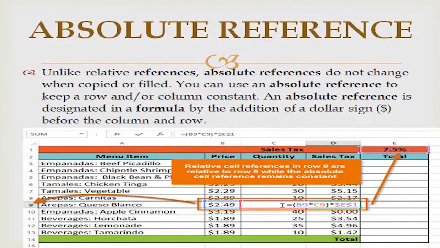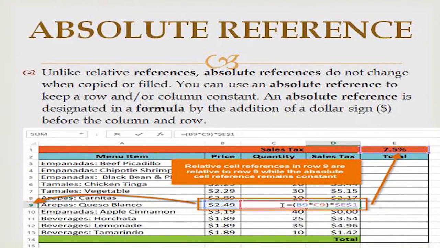An absolute reference is designated in a formula by the addition of a dollar symbol before the column and row. You can see the example here. For example, we are taking the price $2.49, and next one is quantity might be 1 or 2, 10, and sales tax is that much. Now we need to add the sales tax. How are we getting the sales tax amount? We are adding 7.5. That constant cell is there, 7.5 percentage. So equal to B9, B9 means this one, $2.49, into C9,